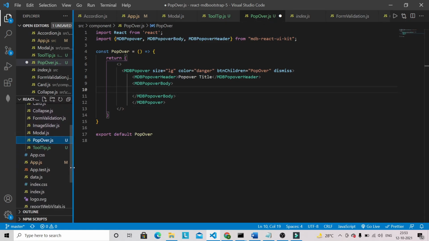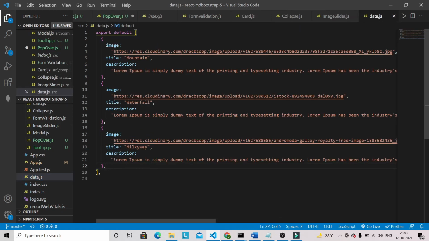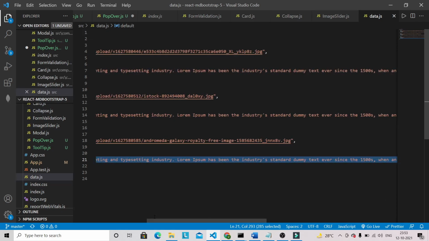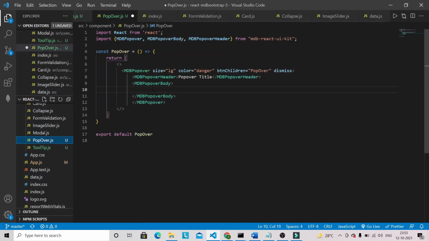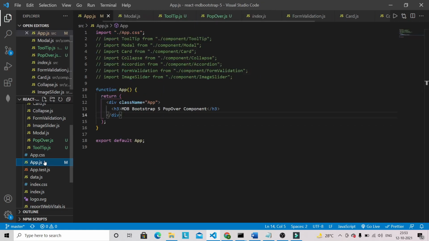So let's give this content. I'm just going to copy this one. You will already have this file because I'm going to provide the GitHub link of this video, so you don't have to worry about that one. Let's go into the App.js file, and we have to bring this popover component.